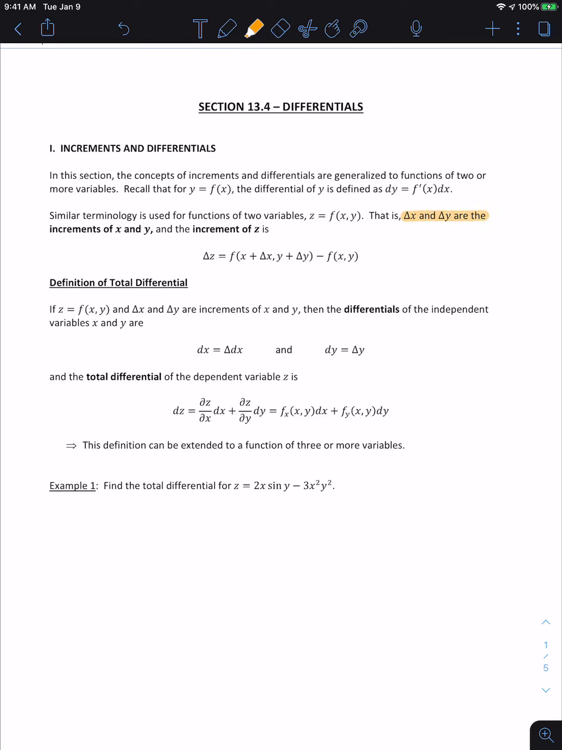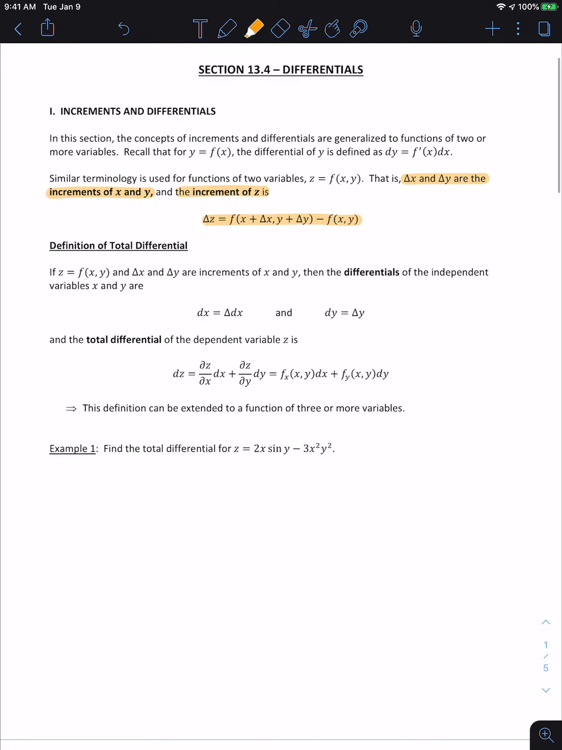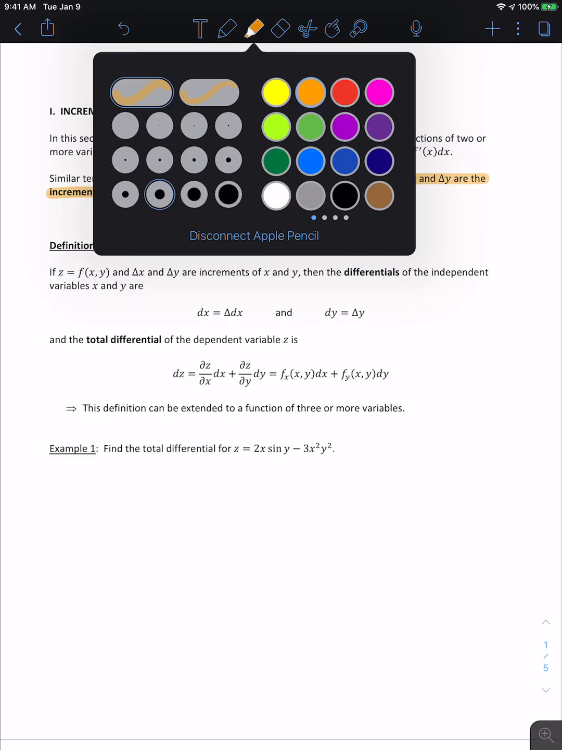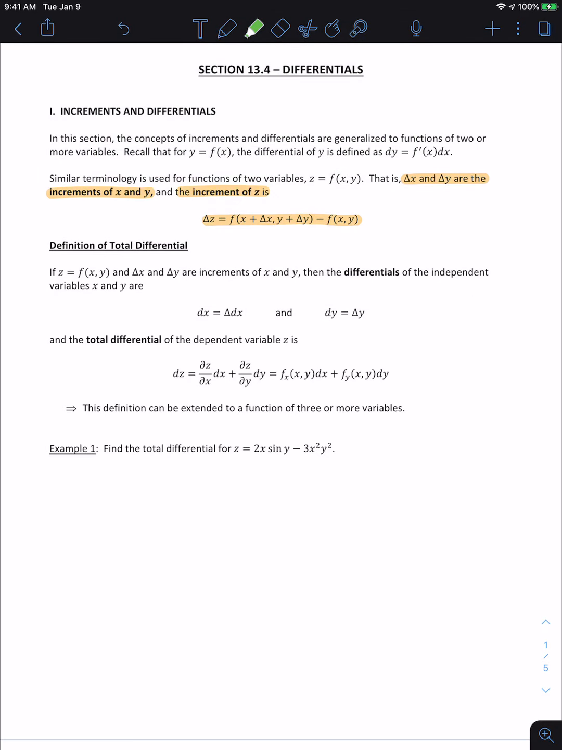Delta x and delta y are the increments of x and y, and the increment of z is given by this formula here, which is delta z is equal to f of x plus delta x, y plus delta y minus f of x, y. Okay, so now that we know what increments are, let's talk about what differentials are and the